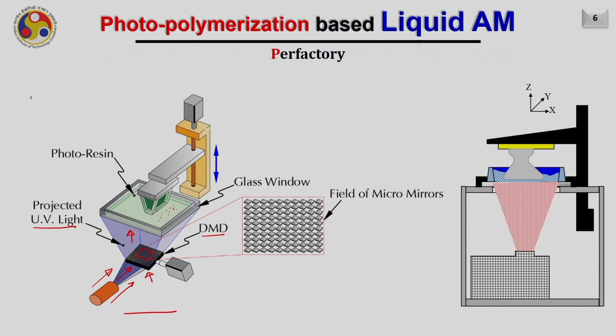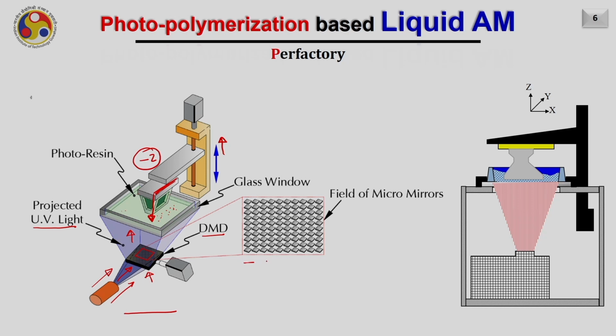As the UV light falls on the bottom side of this resin, the layer gets cured and this platform goes up. Each time the platform goes up, the layer gets cured. So as you can see here, the growth of the part is in this direction, that is in the -z direction. You are building the part upside down. After completion of the process, the part will be hanging upside down on this platform.